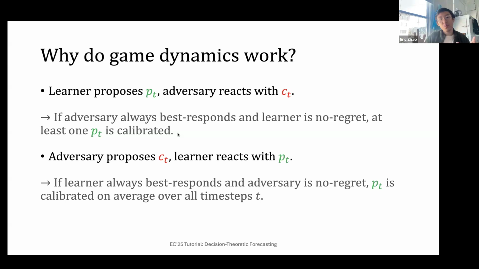In this setting, we walk away with a different guarantee. Instead of the guarantee that at least one of the predictors is calibrated, what we have is that on average, the predictors are calibrated over all time steps. And to answer your question from before, why can't I use this second game dynamic for the batch setting? You can, by using an online to batch reduction. But the weird thing is you'll end up with a randomized predictor that is technically calibrated, but not calibrated in the natural sense.